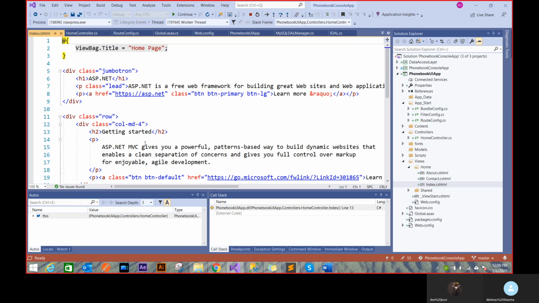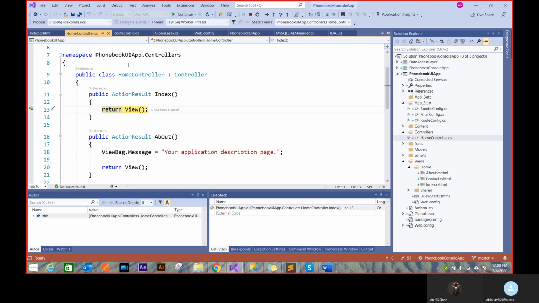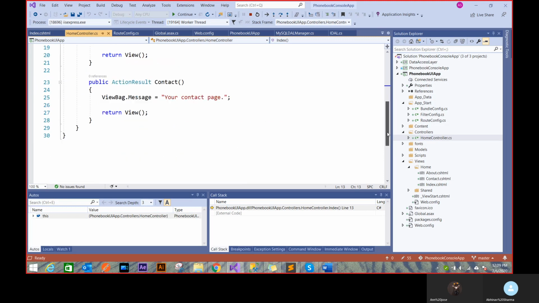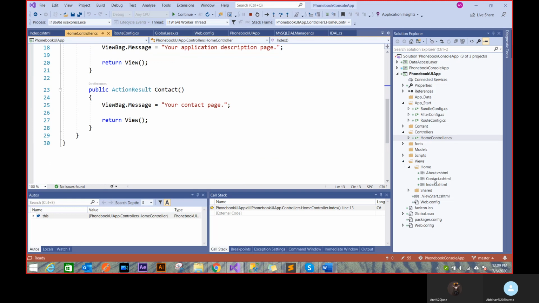So this whole part is returned back because the controller doesn't really know which view to pass, but because I'm following convention, it knows that you're going to go to a home folder, there will be an index HTML, and it's going to pass that. So this is convention. Whenever I'm creating a new controller, I will always create a new folder here, and whichever function I want to give a view, I'll create a view here. You get what I'm saying? So you can imagine, for about, there will be an about view, and for contact there will be a contact. So this is convention. That's how you connect things.